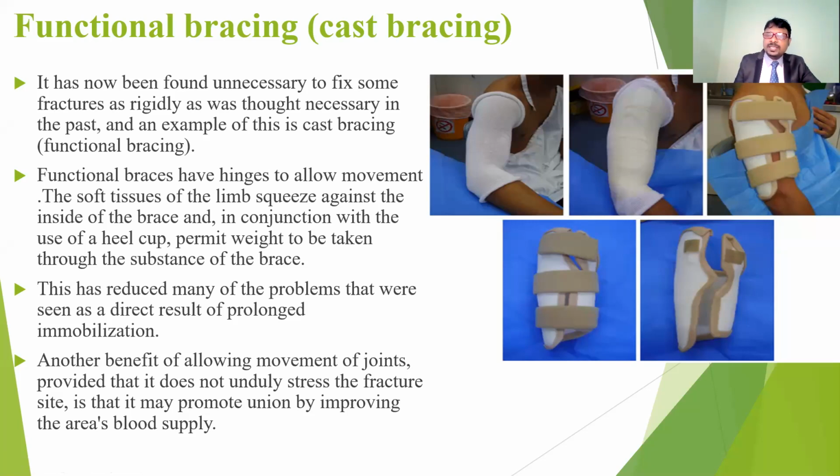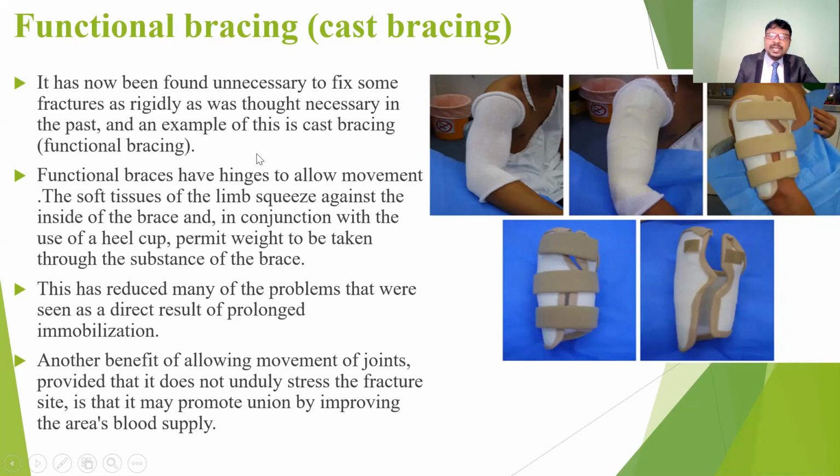And also, other than this POP application, we can do functional bracing. Here in functional bracing, we no need to put the POP application like in the old manner. There is no need to apply it to the whole limb. We apply it where we want stabilization, where we want fixation. That part is going to be stabilized, and the rest is going to be mobilized with functional movement. So this is called the functional bracing cast application.